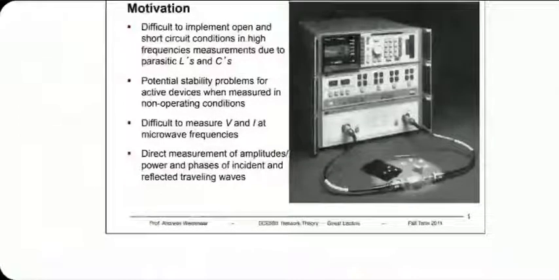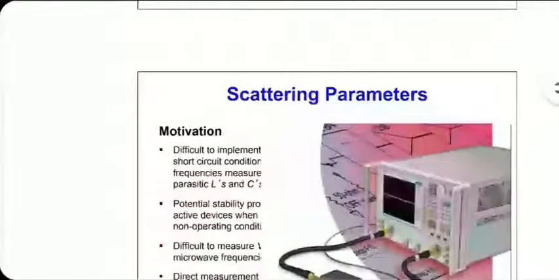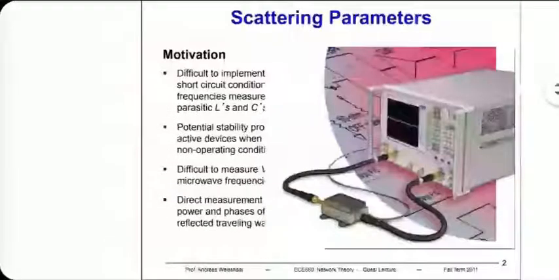Filters, amplifiers, mixers, attenuators, you name it, everything can be tested using vector network analyzers. These analyzers do not use ABCD parameters or Z parameters or Y parameters. Another photograph showing the same thing. Here the device is connected between the 2 coaxial lines. The coaxial lines will have their own loss. That also has to be calibrated out.